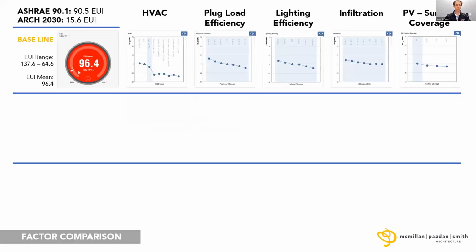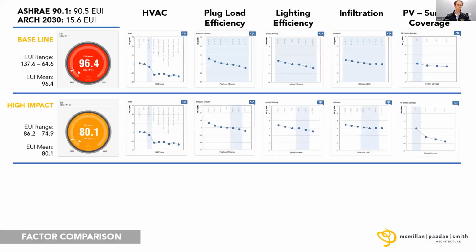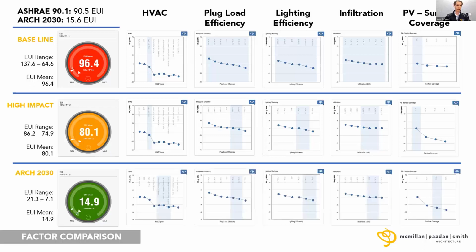So with that, we were able to set up our baseline. We knew what the HVAC was and our lighting efficiency and our infiltration and our PV. At least for our PV, we've set that to 0 because just starting off, we know that we may not have solar on our project. From there, we were able to dial in those high impact items, taking that EUI down from a 96 to an 80. And then lastly,